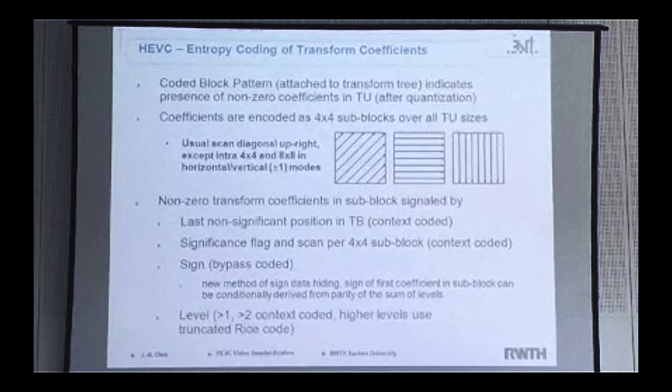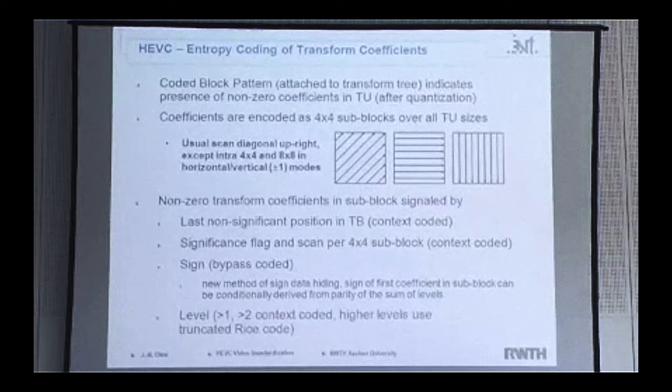The zigzag scan was found to be useless. What is used instead is called the diagonal up-right scan. You just scan in one direction, you don't go back. It's really not necessary. You are establishing context for the encoding of the transform coefficient from the previous diagonal. It really doesn't matter whether you go this or that way. There's no difference. And it simplifies.